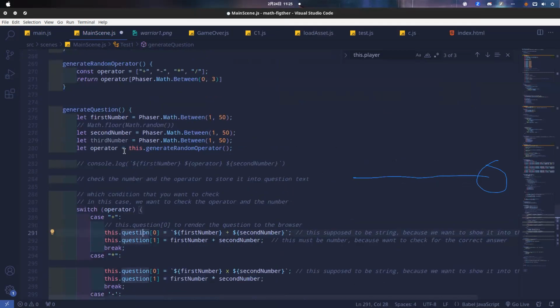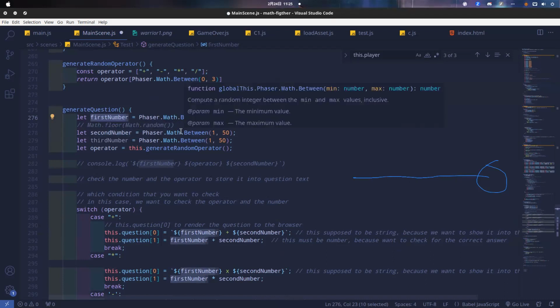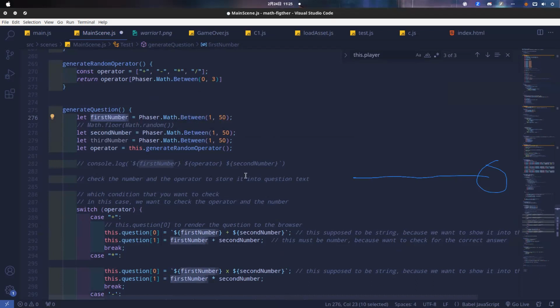Inside this one we have several variables. The first one is first number, which will have a random value between 1 to 50. The second number also has a random value from 1 to 50. The third number also has a different value from 1 to 50.